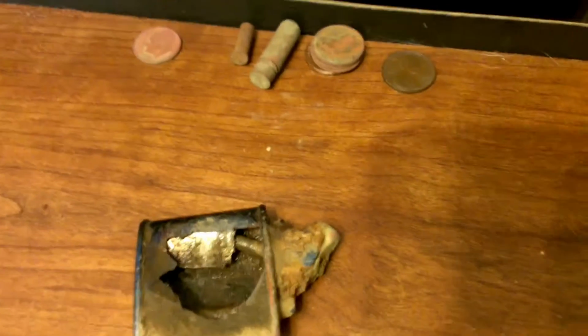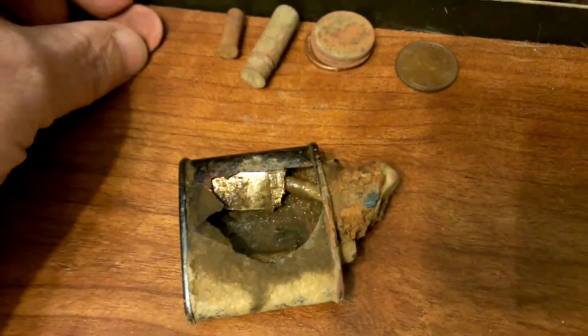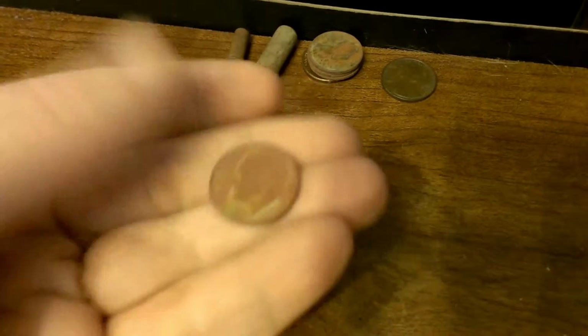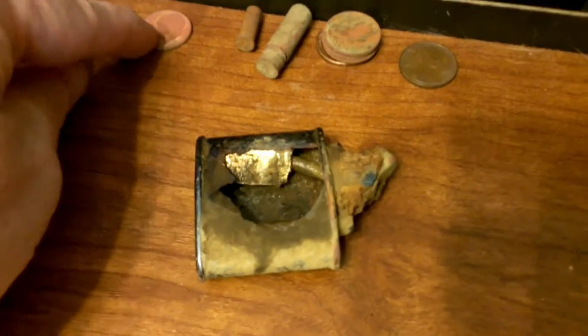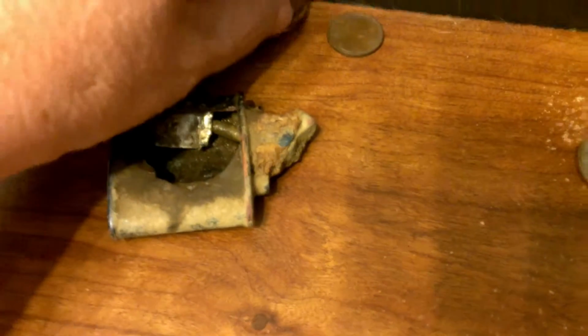And digging in my own yard again. My own yard is producing all the, I want to say, best stuff, even though it's not great stuff. It's still stuff from my childhood, stuff from my family. I actually found a dime, and that's just a 1981. It's not real old, but it's very crusty. When I picked it up, I first thought it was a penny just because of the color on it. It's really rusty looking. I found some more pennies in my yard, some more of the 70s pennies, and another